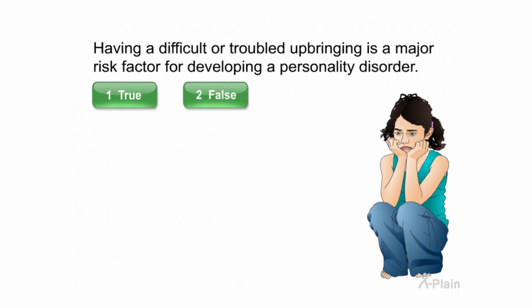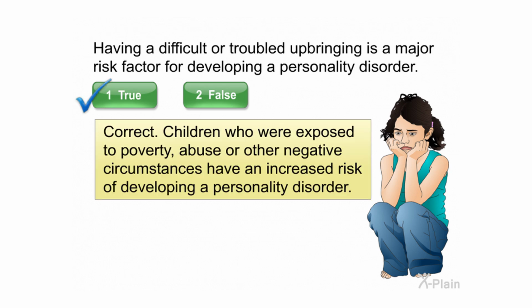Having a difficult or troubled upbringing is a major risk factor for developing a personality disorder. Select true or false. Correct. Children who are exposed to poverty, abuse, or other negative circumstances have an increased risk of developing a personality